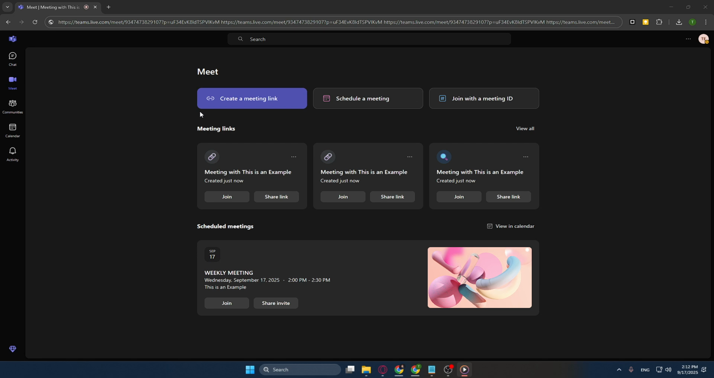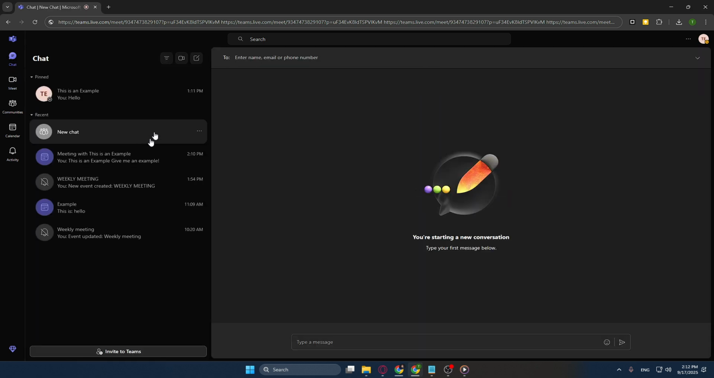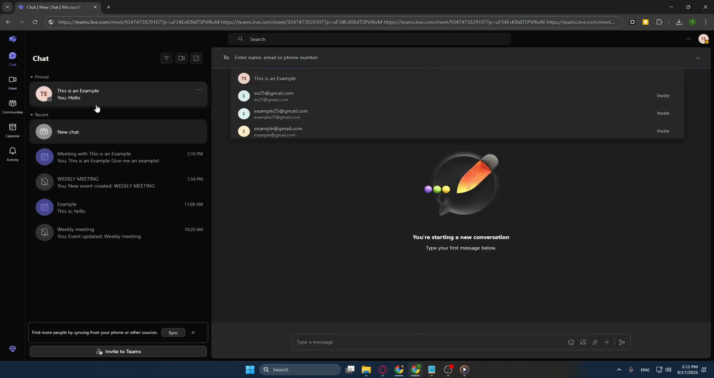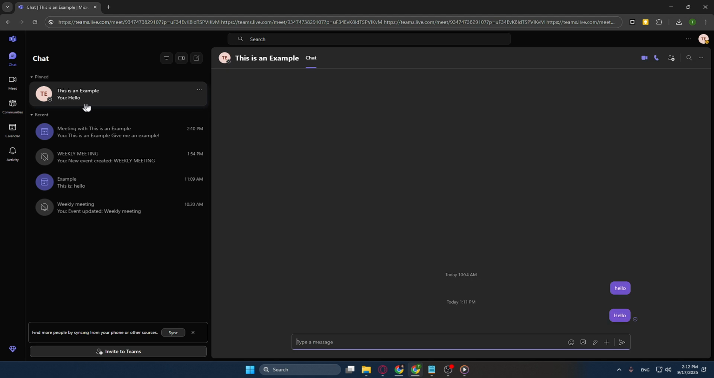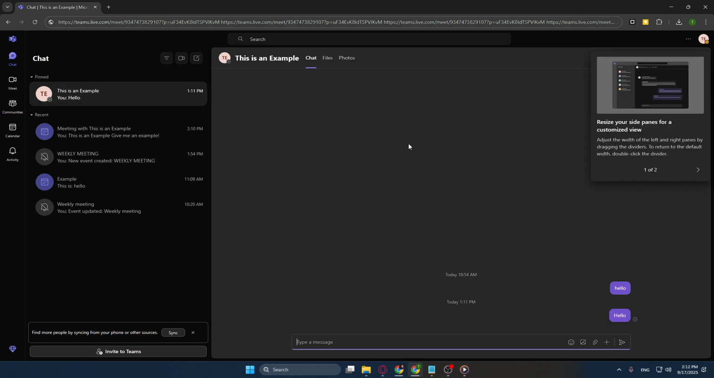Once you've clicked on Chat, you'll see a list of all the people you've previously interacted with. You can either select someone from your existing chat list, or if this is a new interaction, you can start a new chat by using the search bar at the top of the screen to find the specific person you wish to connect with. After you've selected the person you want to video call, you'll notice there are a few